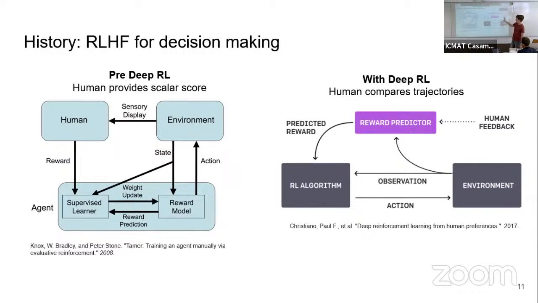Imagine you are building a flight simulator. The agent is a plane that is controlling the altitude and longitude, and the reward is provided by an expert pilot who tells if the trajectory of the plane is good or bad. But these are two antecedents of reinforcement learning from human feedback applied to robotic tasks.